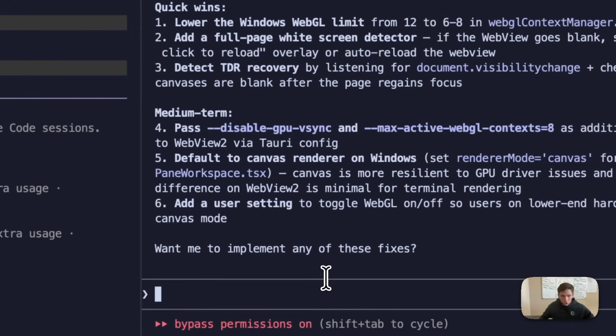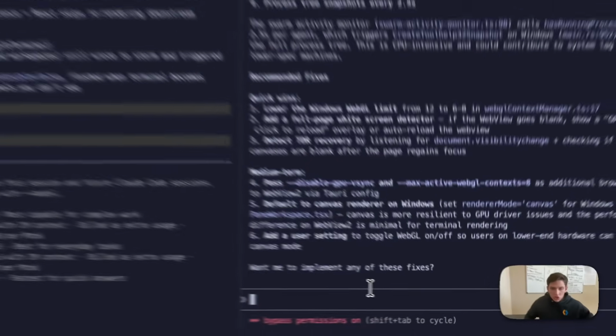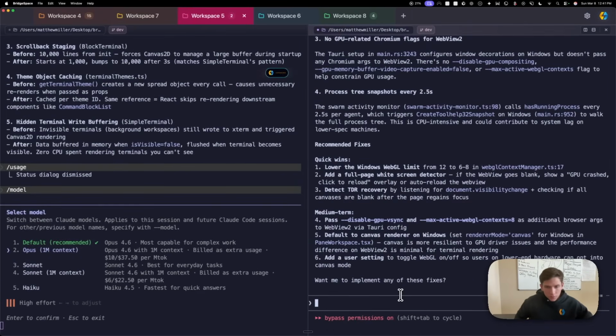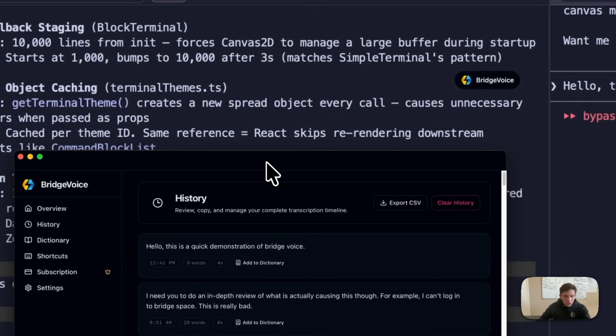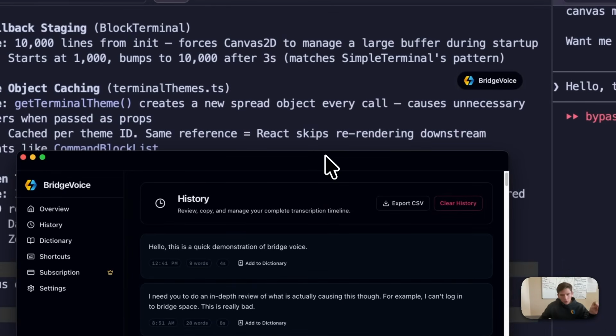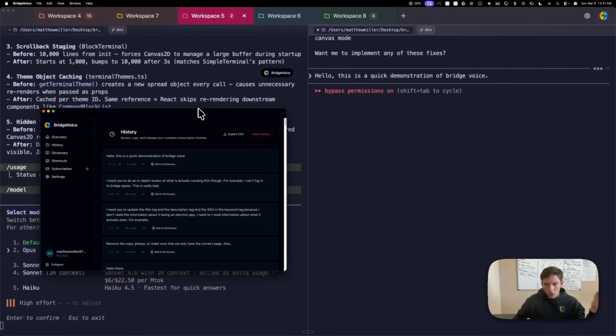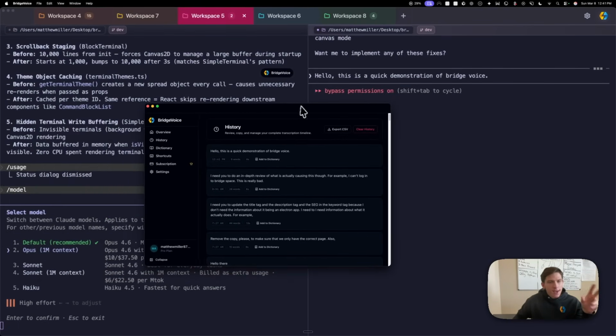So if I just hold my push-to-talk key: hello, this is a quick demonstration of Bridge Voice. It's pretty much near immediate transcription. Something to note is that on Mac, it's using Metal and different processing than it would on Windows. So the problem that I had is this product was working very well on Mac, but it wasn't working on Windows. So yesterday, I went over in Cursor on my other computer, on my other monitor,